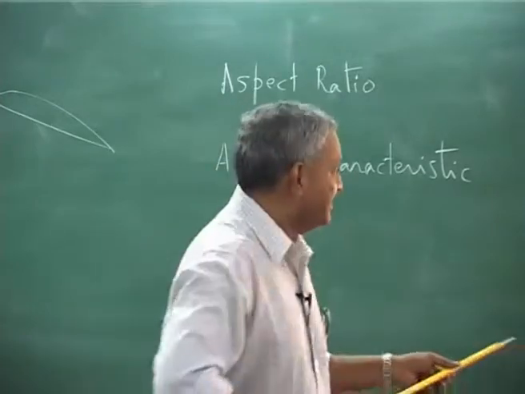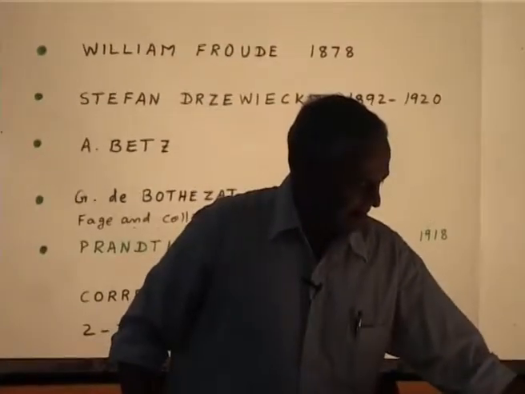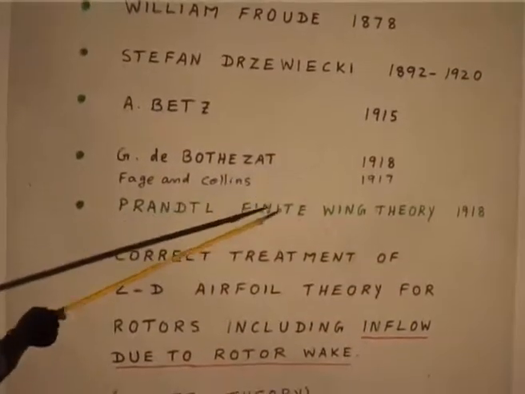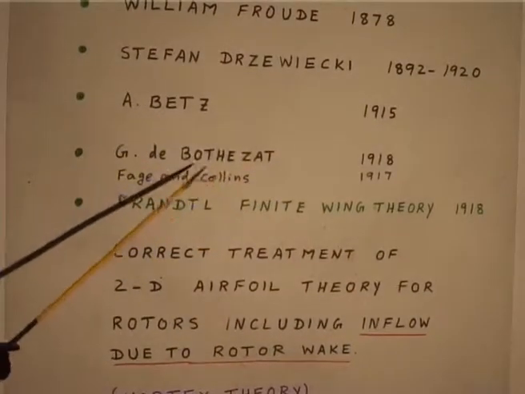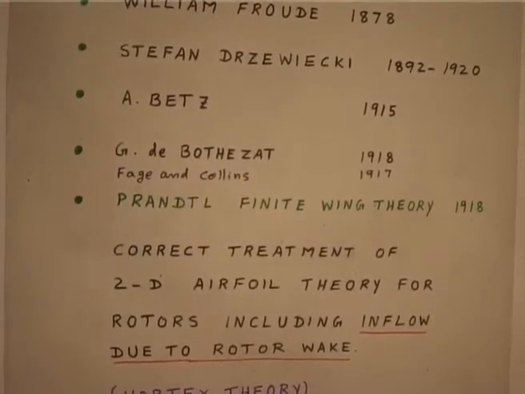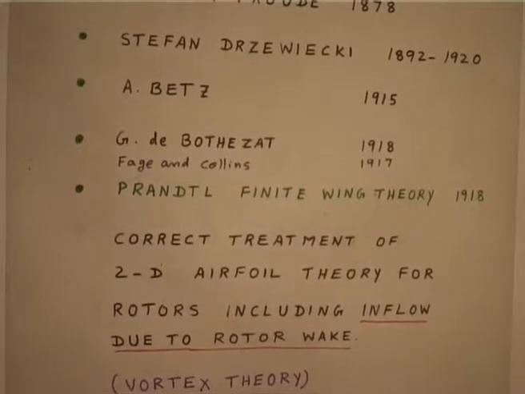So, in 1915 and 1918 and also 17, that is Betz and Bothezat and then Page and Collins. See, these are the three groups of people. They said I have to take the induced velocity. But what induced velocity should I take, if I want to calculate the lift here on the propeller,